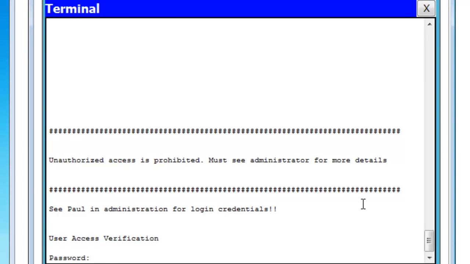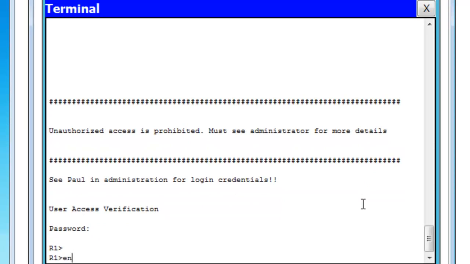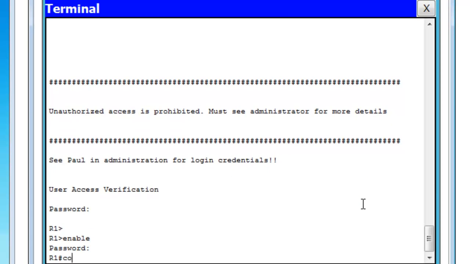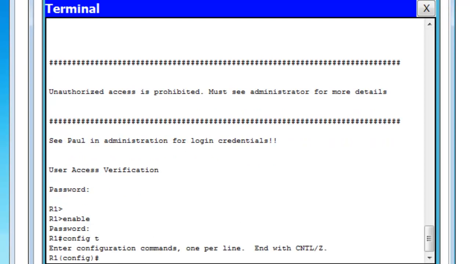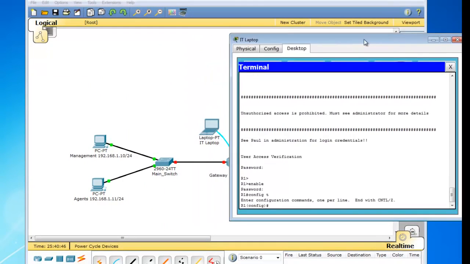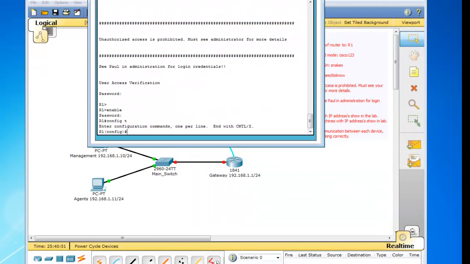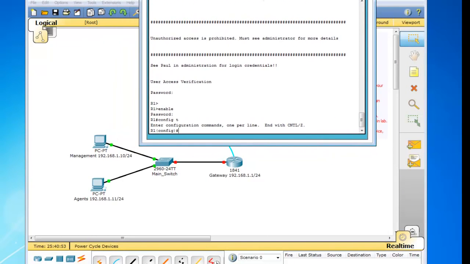Alright, so we want to hit need to know, and then enable, Cisco 123, config T, because now I think our next step is to set up the gateway with the IP address. Alright, so let's move our file over and let's get a shot here of our network. Alright, so our gateway needs to be